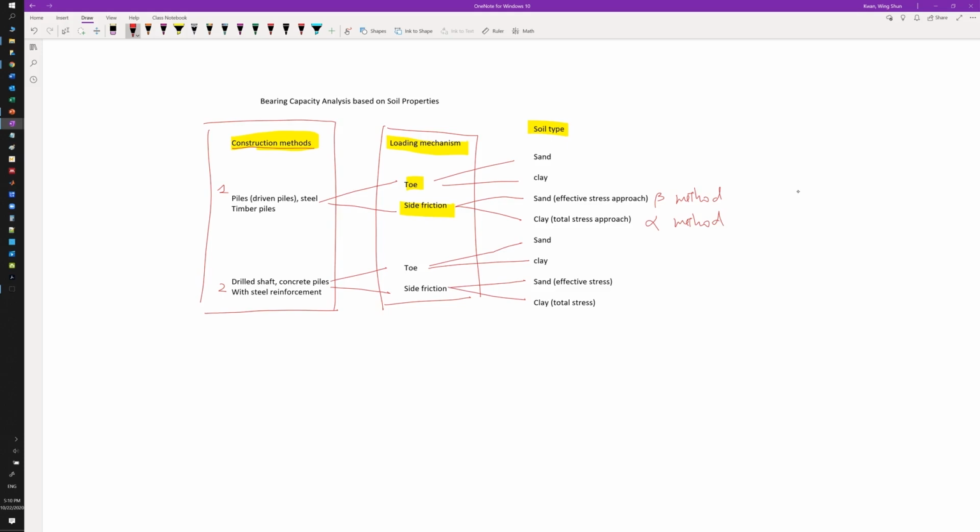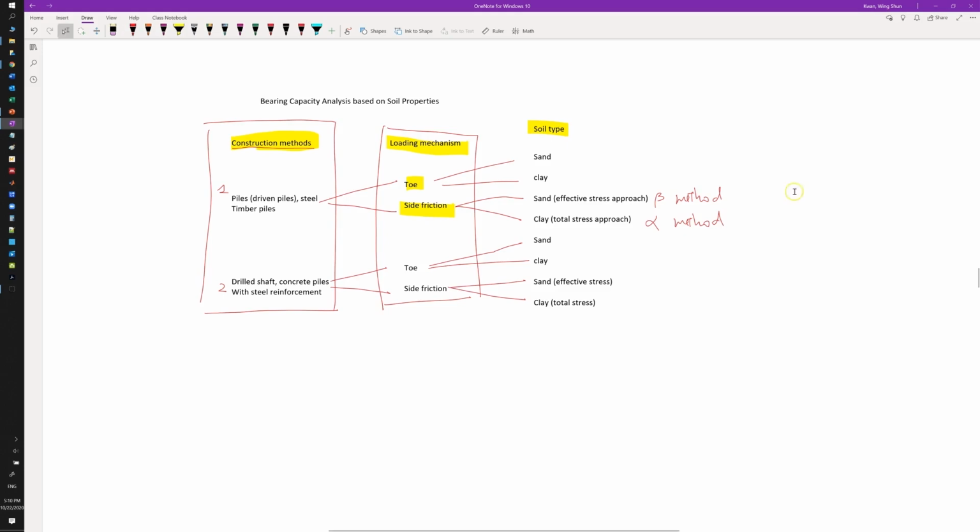If you have some studies on an existing structure, or you have a tunnel that is going through some existing structure in the Los Angeles downtown area, there's no way that you can do a field test anymore, because the structure is there. You cannot remove the structure and then perform a field test. So your options there will be just doing those bearing capacity analyses, and which equations or which approach you should